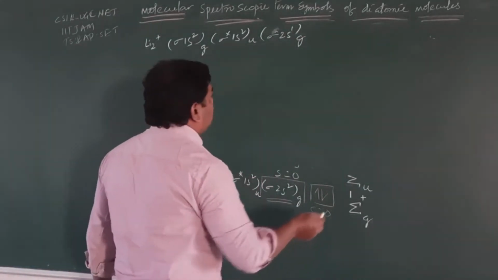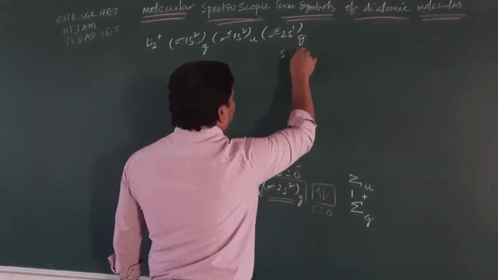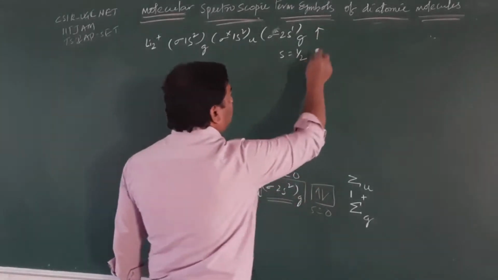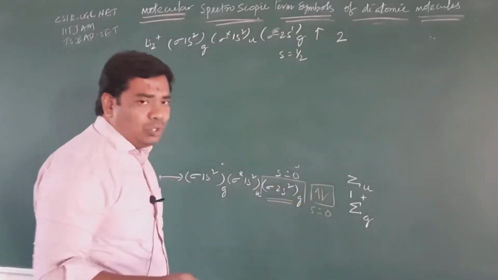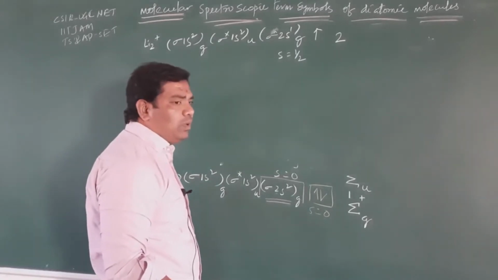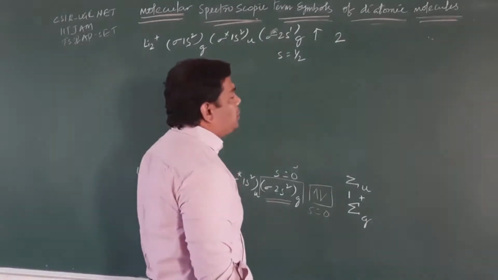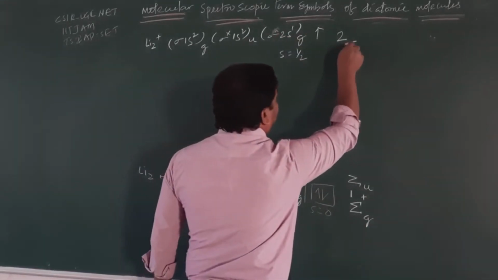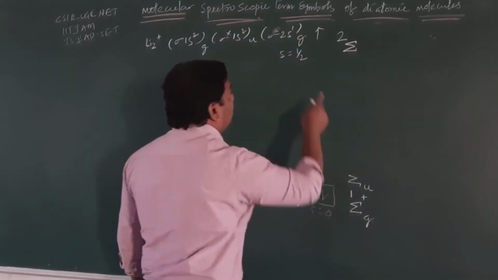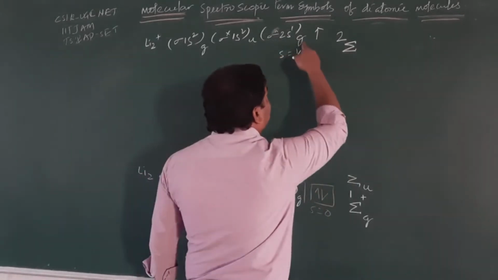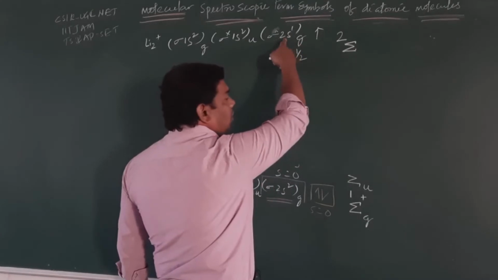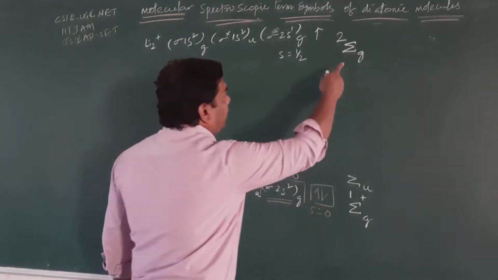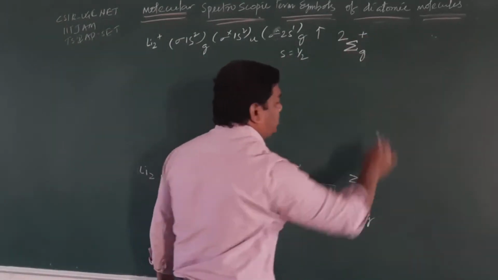Clear, student? So what is the spin multiplicity? How many electrons do we have? Only one electron. So the spin multiplicity value is 2, student, because 2 into half plus 1: the half gets cancelled, 1 plus 1 equals 2. The electron is present in the sigma level only, so you can write the term symbol as sigma. The electron is in a gerade molecular orbital, meaning a center of inversion is present, so write g and a plus as superscript.